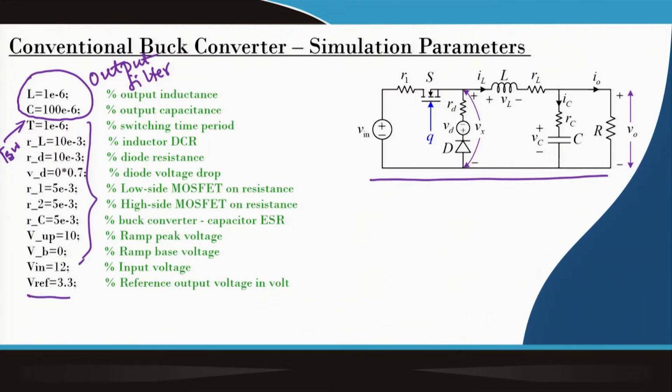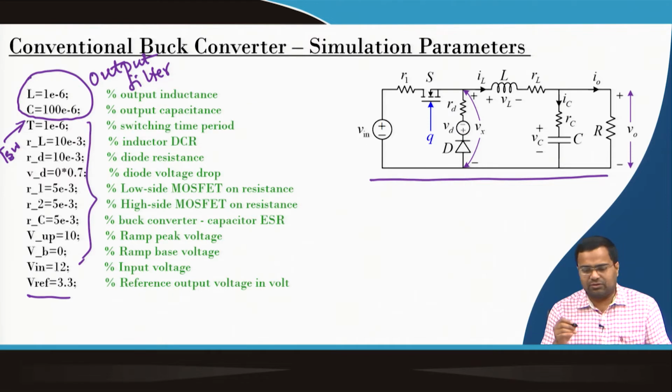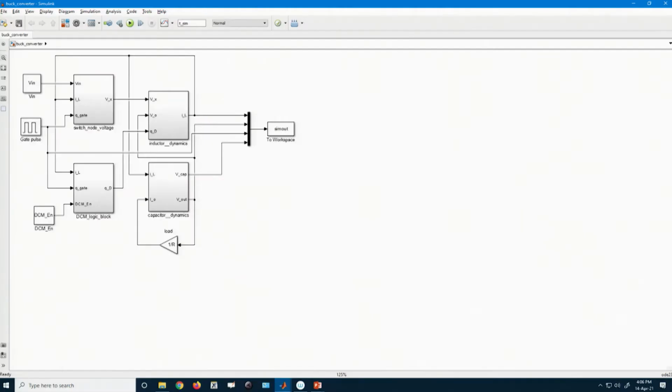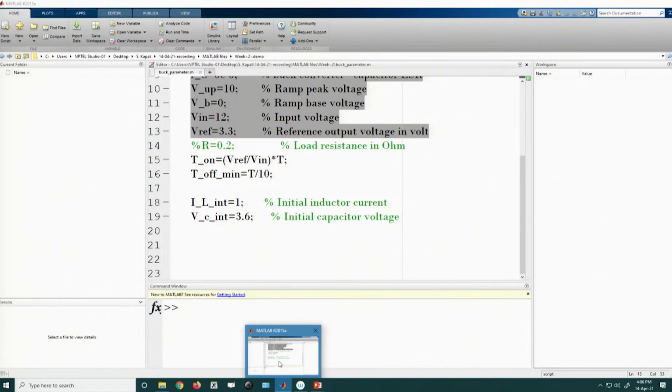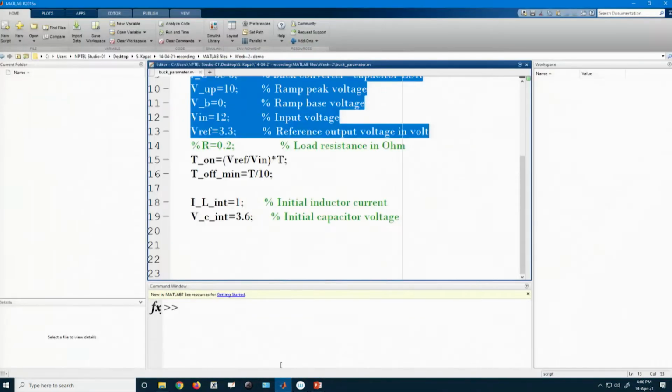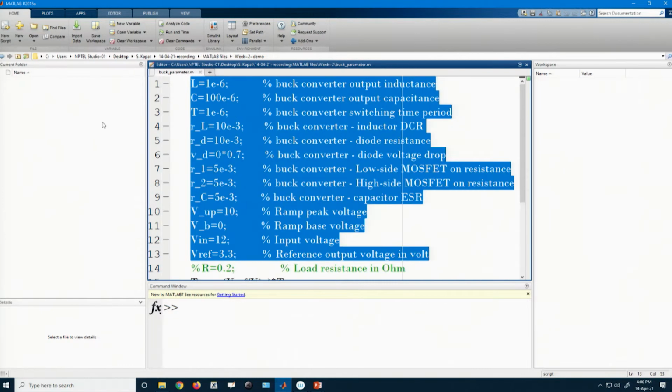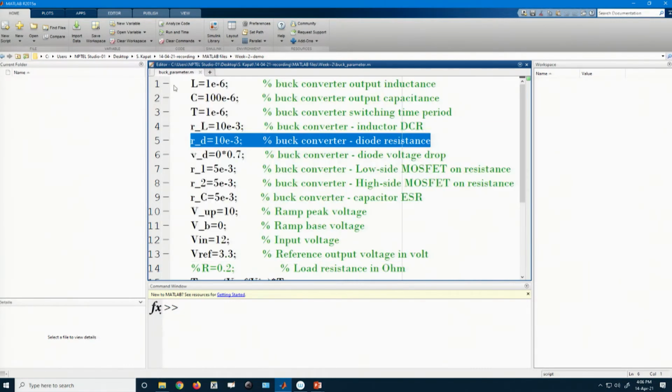Okay. Now we are going to implement this block using MATLAB Simulink. First, let us go to MATLAB. We are planning to create a file.